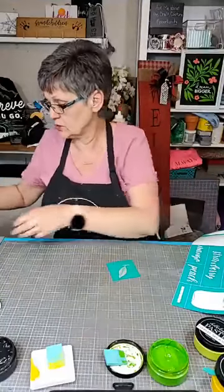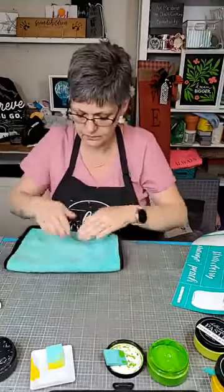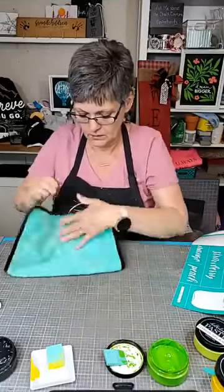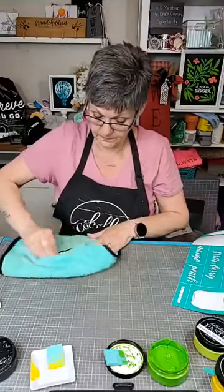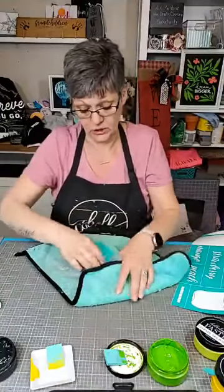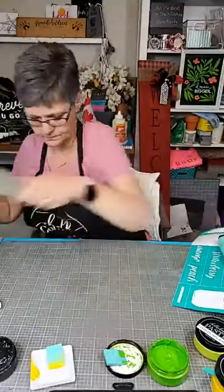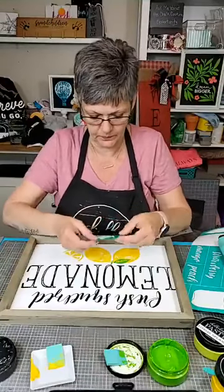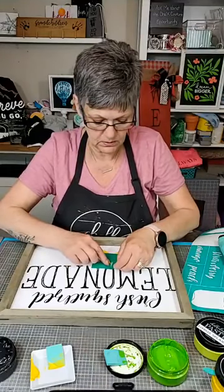And then I'm going to dry the transfer using the microfiber side of our fuzzing towel. So I'll just give it a rub. I don't want it to be wet because if it's wet, it will change my chalk paste. And I don't want this to get wet because it'll become liquid again. So this is tricky